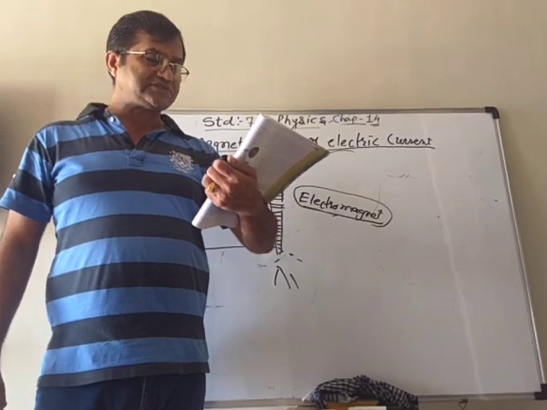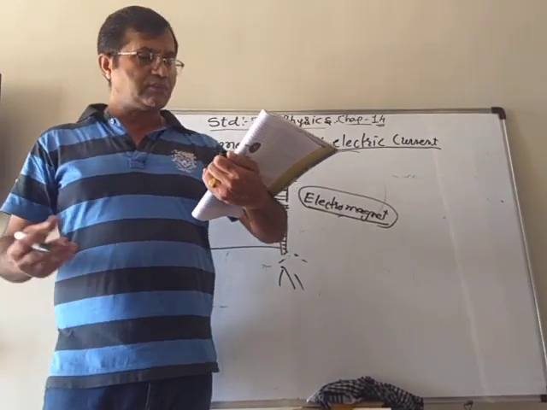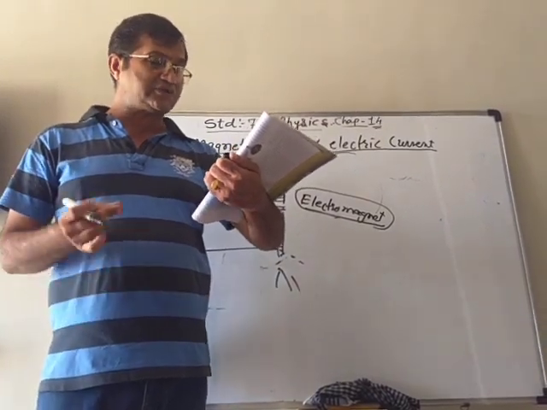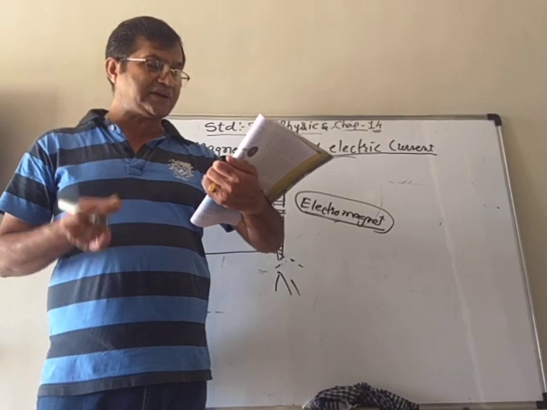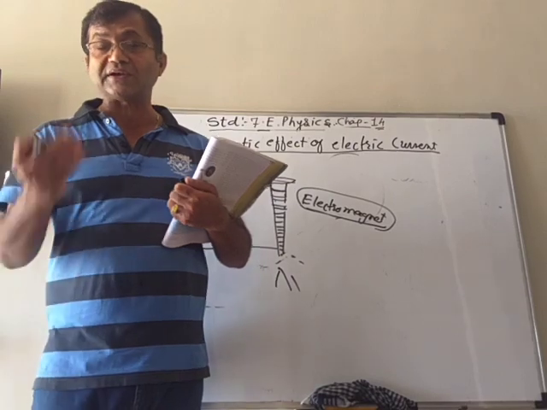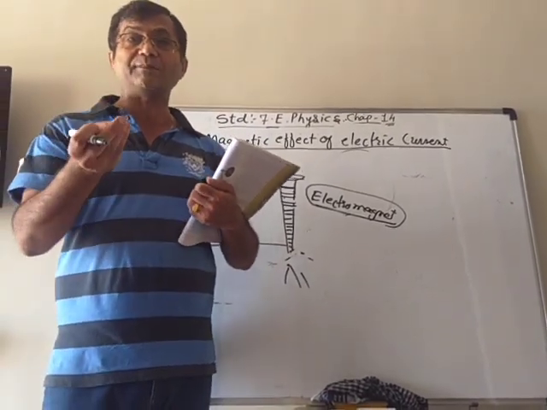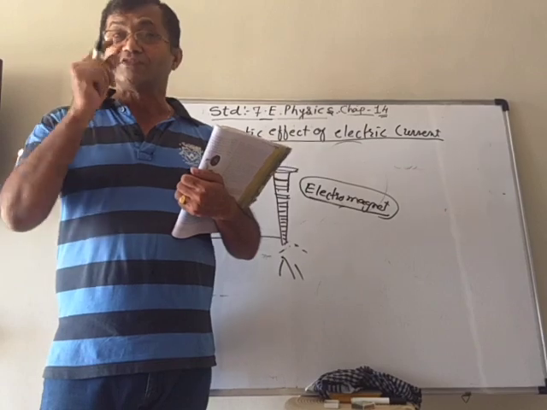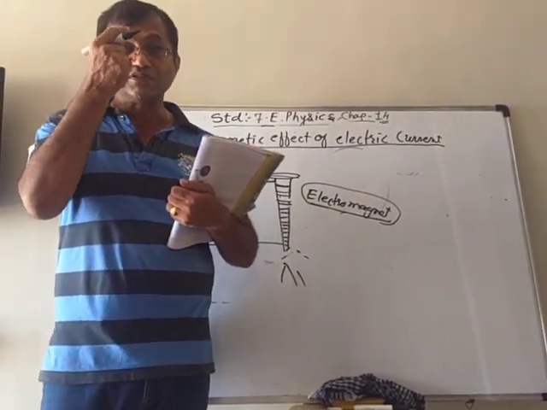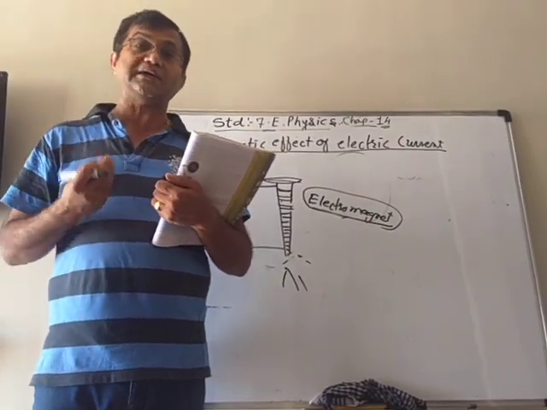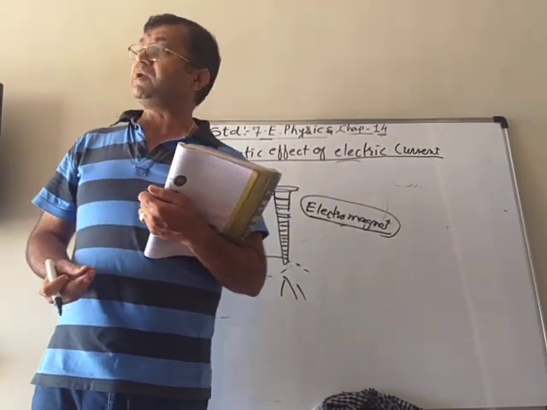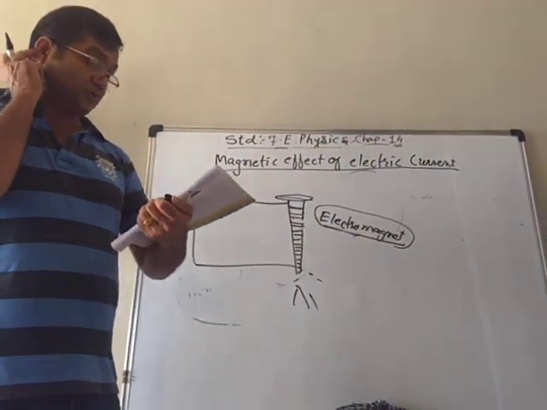So electromagnets are used in some places, like doctors also use them. Doctors use a tiny electromagnet to take out small pieces of magnetic material that have accidentally fallen in the eye. If accidentally some magnetic material, like small iron pieces, gets in the eye, then a small electromagnet is used by doctors. They take it near that eye, and then the iron can be attracted toward the electromagnet and come out of the eye.